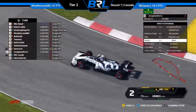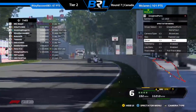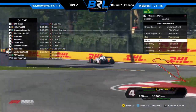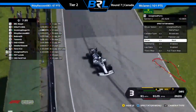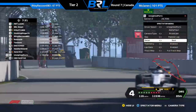I think we had the same thing in China. I don't know if you remember starting this. I don't know, I guess we could stick with it through qualifying. If it's not fixed with the end of qualifying, we'll do a quick restart before the race. Make it a little easier for the...